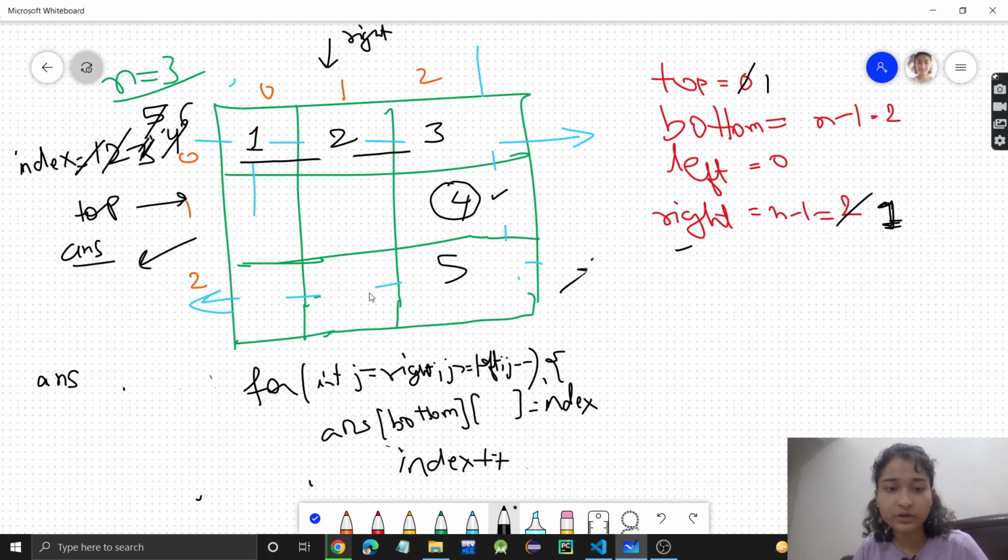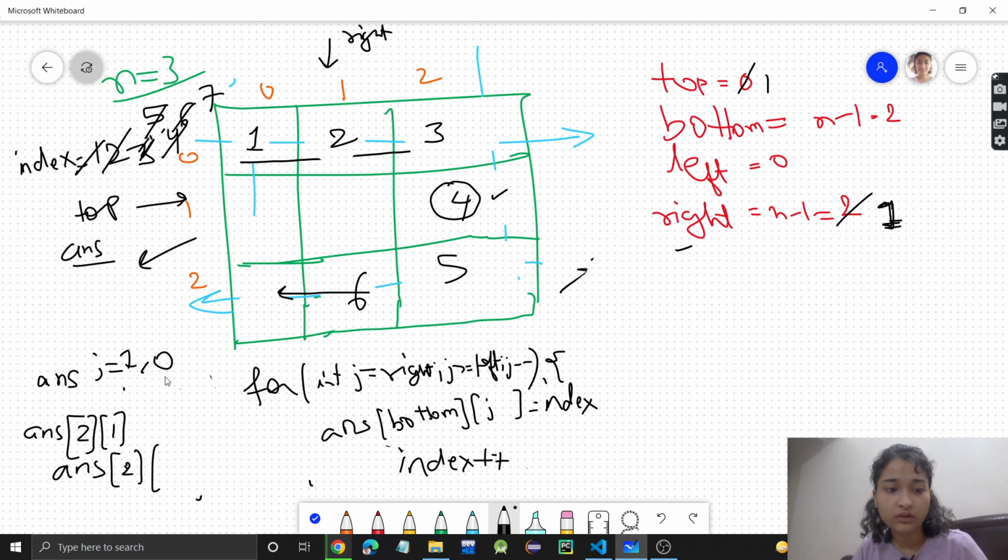Why minus minus? Because we are going in this direction, so the j index will decrease. So j will start from right, which is 1. It will go till 1 comma 0, and here the answer will be, bottom is 2 comma 1. So here it will be 6. Index will increment to 7. So the answer will be 2 and 0. That is here. So it will be 7.